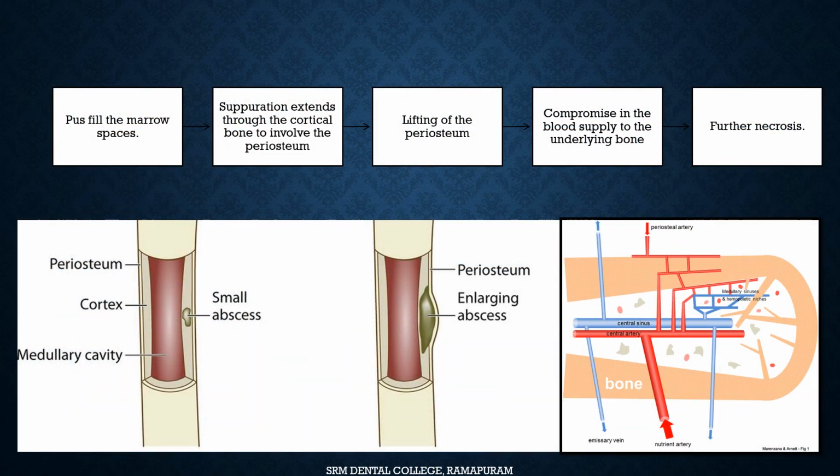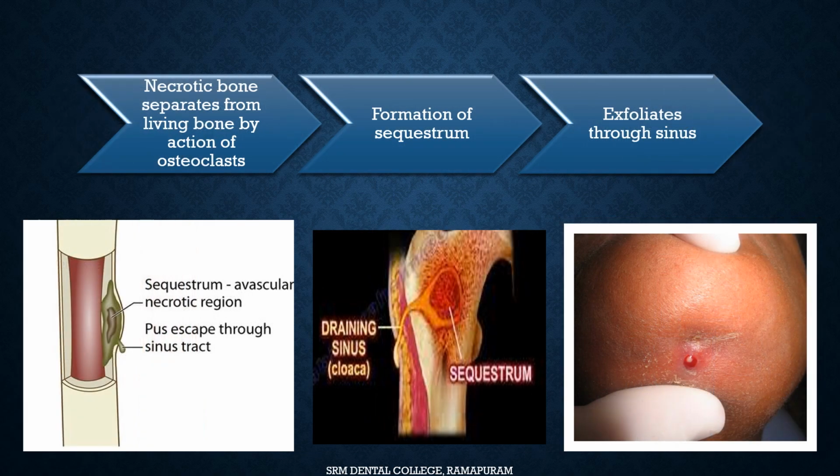As more and more inflammatory exudate is produced, this inflammatory exudate or pus begins to fill the marrow spaces, and from the marrow this pus begins to extend to involve the cortical bone. Once it reaches the cortical bone, it then involves the periosteum. This inflammatory exudate or pus causes lifting of the periosteum, which further compromises the blood supply to the bone, resulting in further necrosis. At this stage, osteoclasts come into play and they try to remove this necrotic bone from